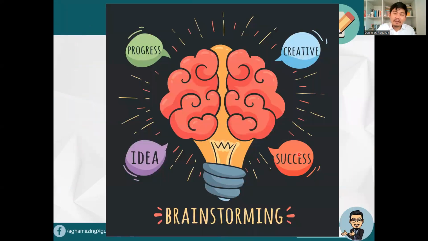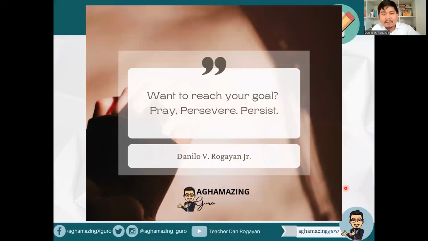Ayan. So of course, in doing brainstorming, we have to be creative in terms of our ideas, no? We also take note of the progress of these ideas so that we can come up with collective ideas, diba? Of course, ideas must be there so that we'll be able to become successful in the brainstorm. So ayan, no? So that ends our 10 question Prof and rationalization.